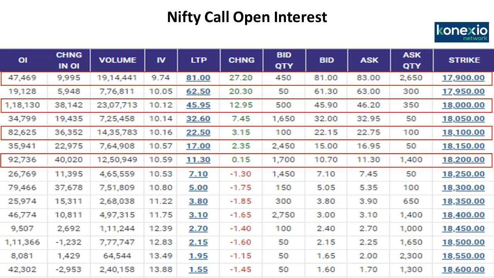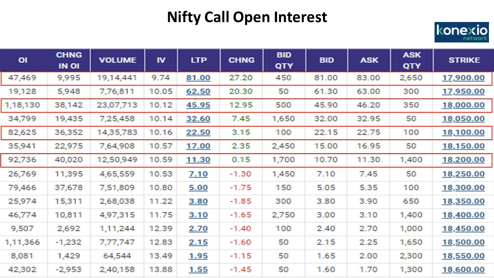Now, looking at these particular volumes, we feel that on the upside, immediate basis, 17,900 and 18,000, which is a psychological mark, could act as a major resistance. Once it breaks 18,000, then Nifty will be poised to rally towards the level of 18,200 and up to certain level 18,300 also. So, looking at this data, the data is comfortable from the bullish perspective. Any dips should be used as a buying opportunity.